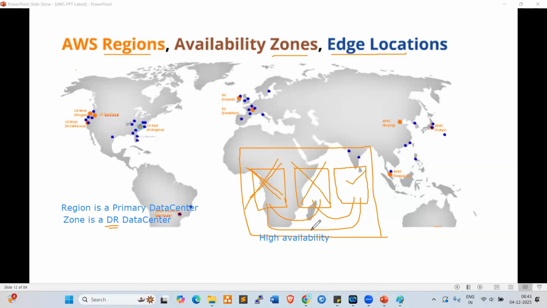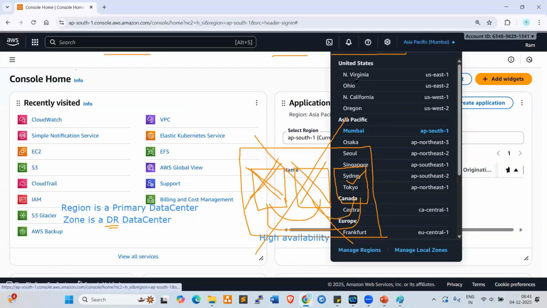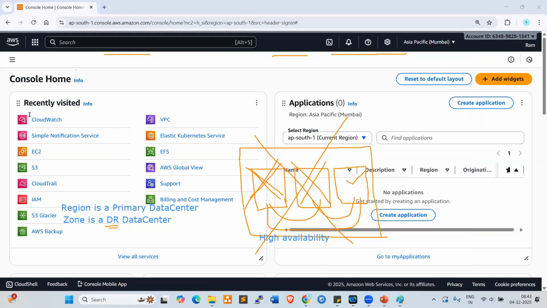If the entire region, entire Mumbai, is down, our applications will be accessible from Singapore or Sydney or a nearby data center because of high availability. AWS is providing high availability. Is it clear to you, everyone?